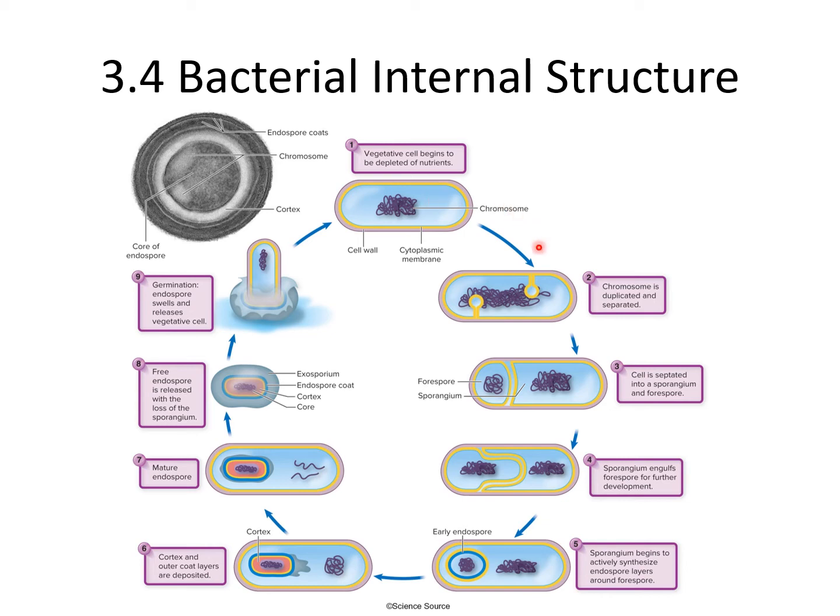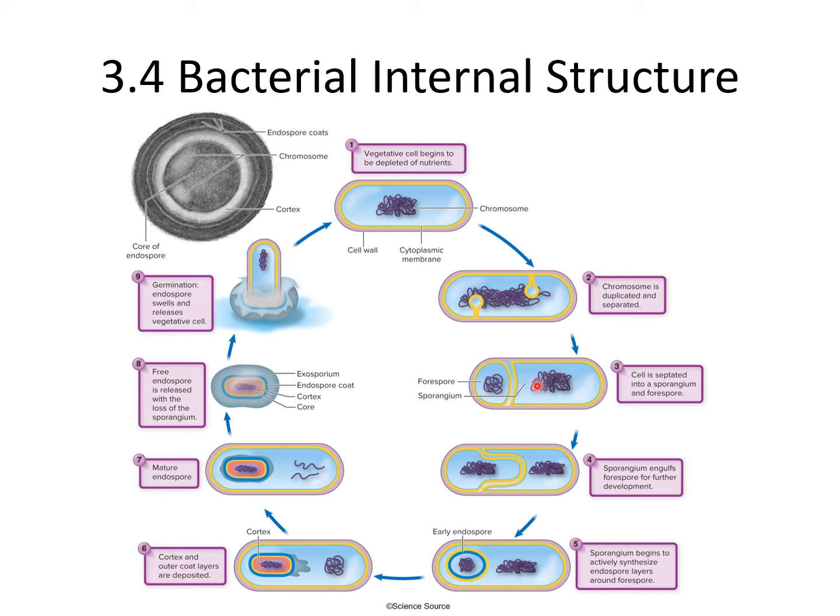A signal from outside, like water going away or nutrients going away, will trigger the chromosome to duplicate and proteins to start pulling in the cytoplasmic membrane. Proteins will separate the two copies of the chromosome, and then the plasma membrane comes together, and you now have